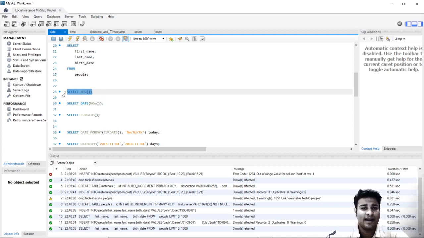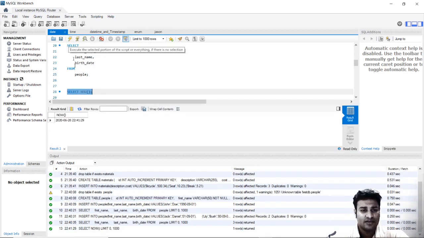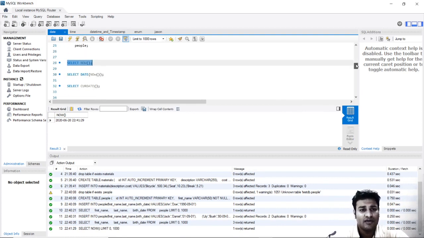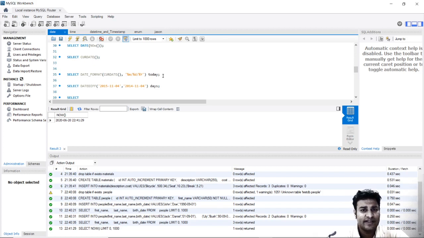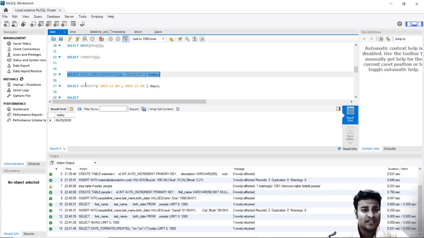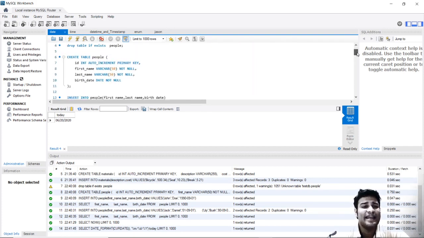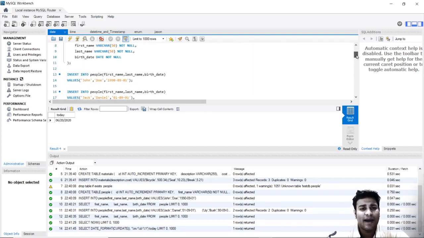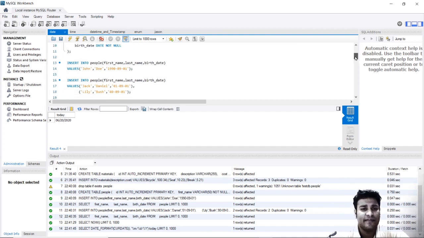If I go ahead and see this, it gives me the timestamp, which is the current date plus time, but here it will fetch only the date. How? We'll see that. We are doing this using a date format function. If you see over here, this is just giving me the date, so I will copy this function. This is a combination of two functions. These are inbuilt functions for MySQL, and you need to learn them. How to use them is very simple.